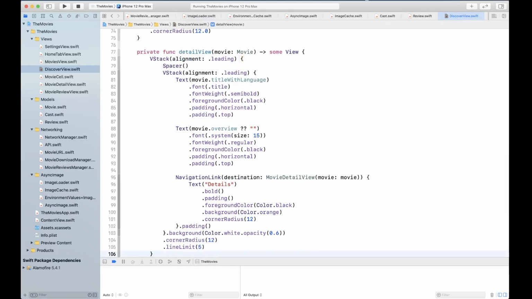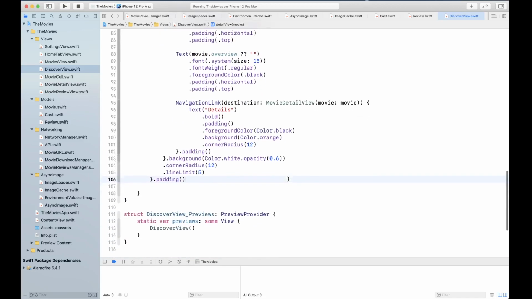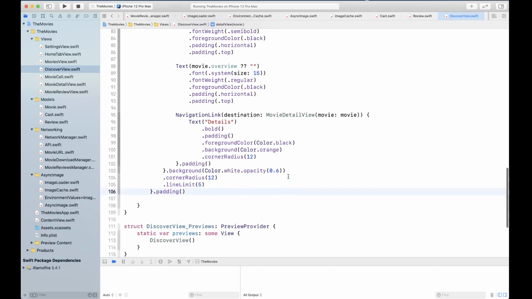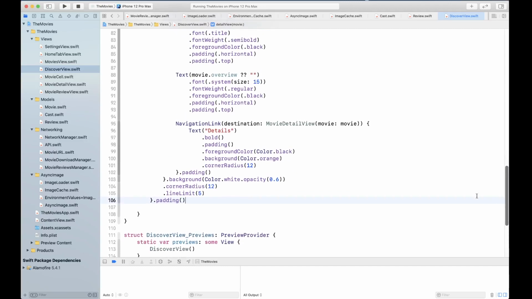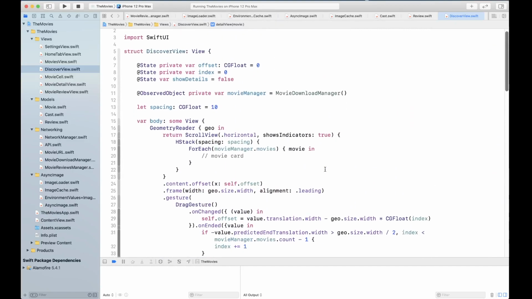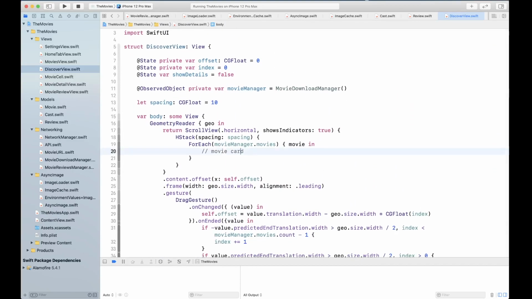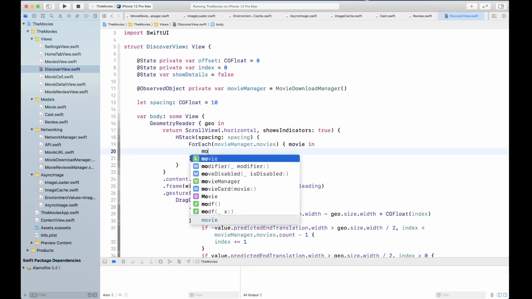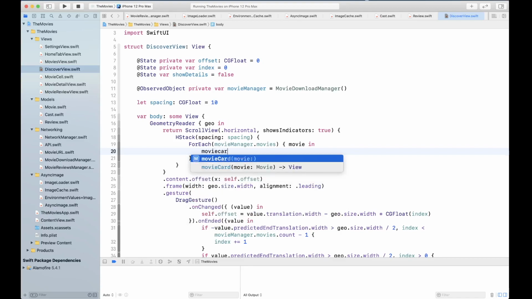Add some padding as well. Nice. So with this, yeah, we need to call our movie card. So let's go ahead and call our movie card here, supplying movie,